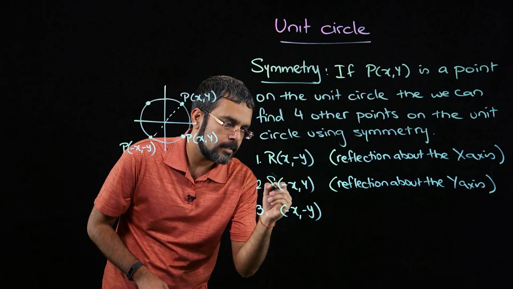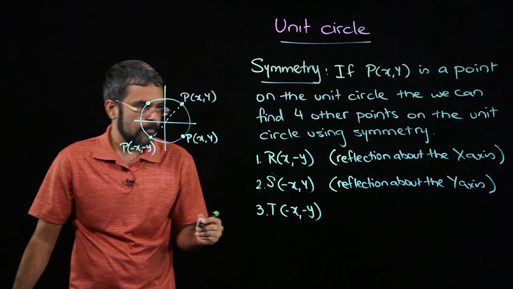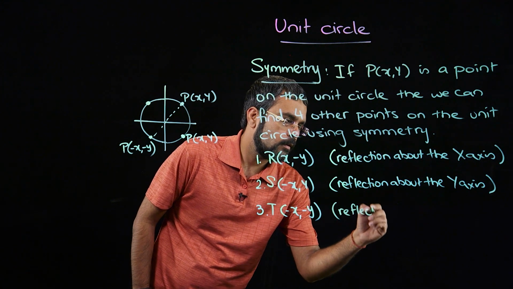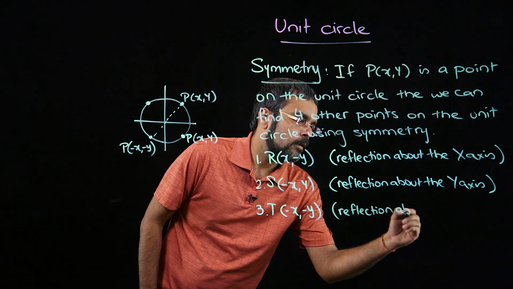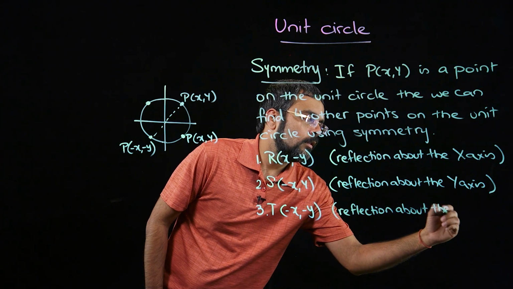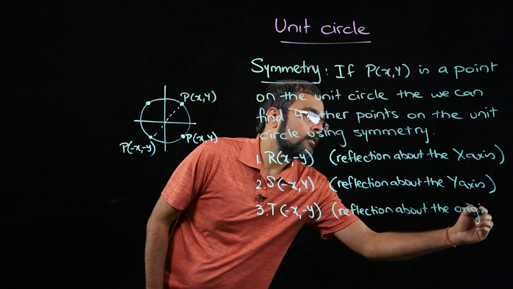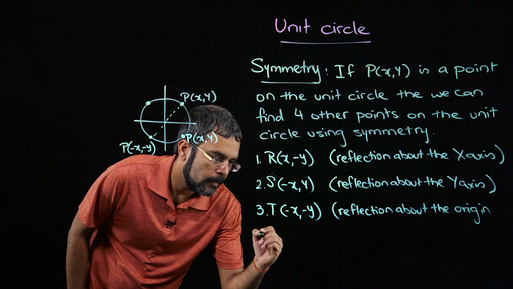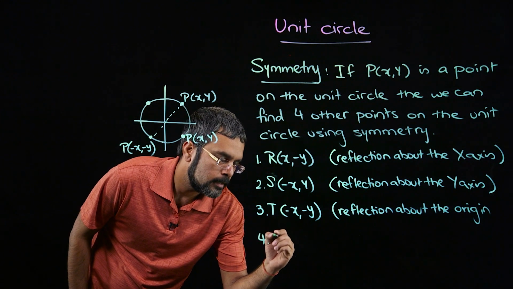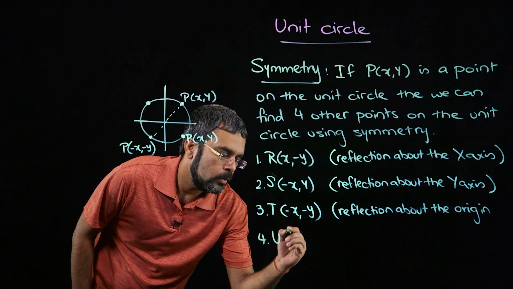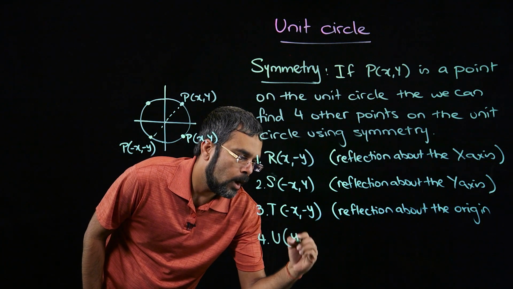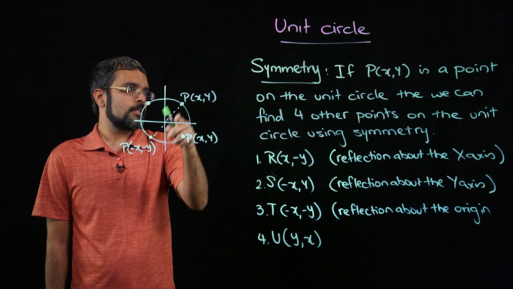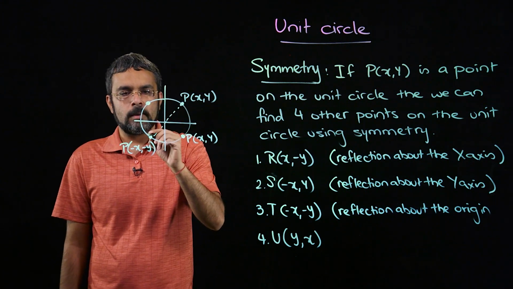We call this S and T, right? And this we get by reflecting about the origin. And finally, we have the point u, y, comma, x. Now, the good thing about this circle, the unit circle, is that it's also symmetric about the